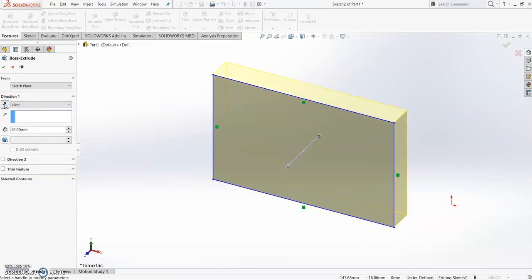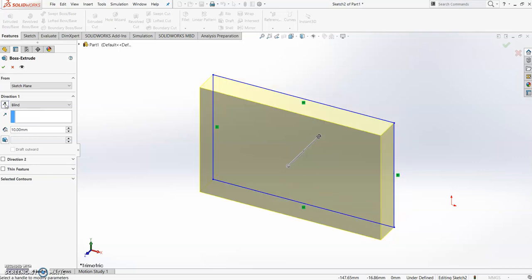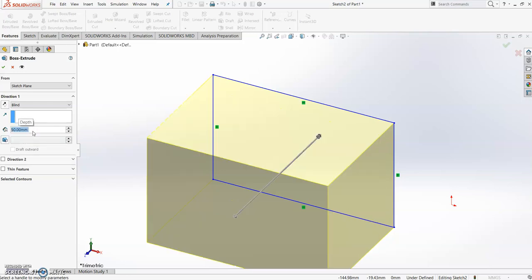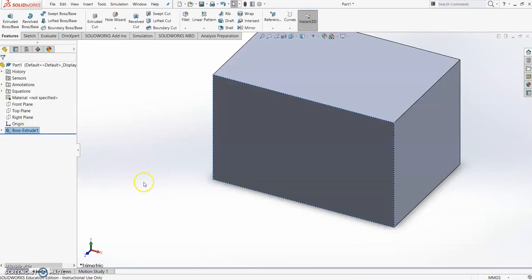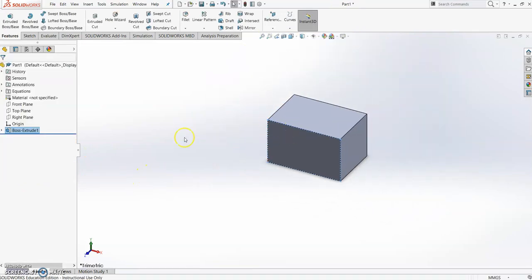Okay, this point. Okay, so if it is reverse, so then you can change the direction. Okay, as for this one, you can change the, what we call the dimension. Okay, so if you want it to be 50, so enter, so then it will be 50. Okay, you want it to be the other direction. Okay, so then enter, then you will get this part. Okay, so then for example,